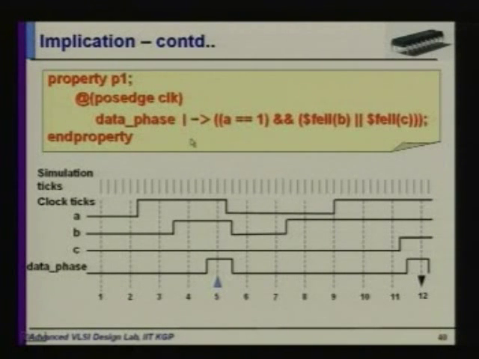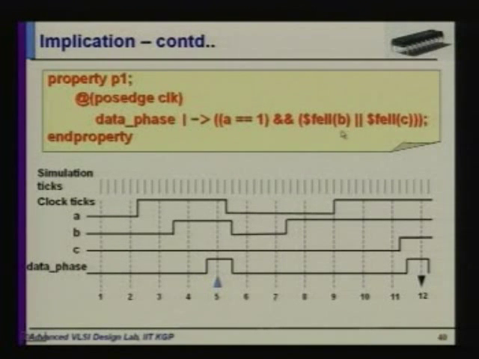No, that's implication. That's the system value of construct. I mean, it seems that if data phase is 1, we will validate the next. If data phase is 0, there is no meaning of it. If data phase is 1, then we will check for this. Yes. That is, we check if A is 1 and